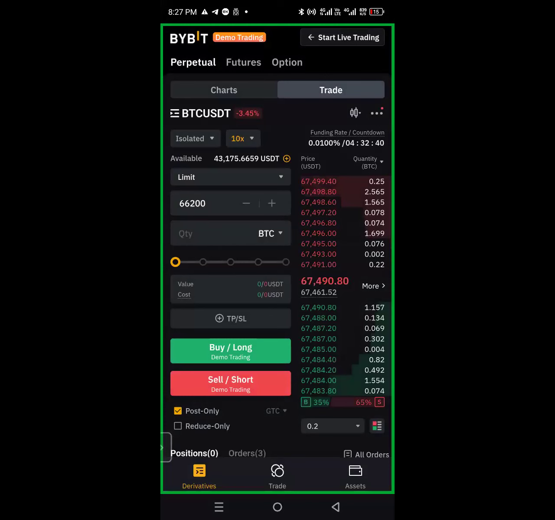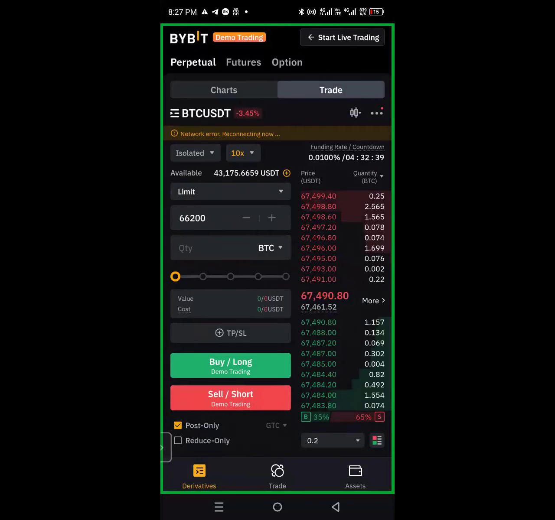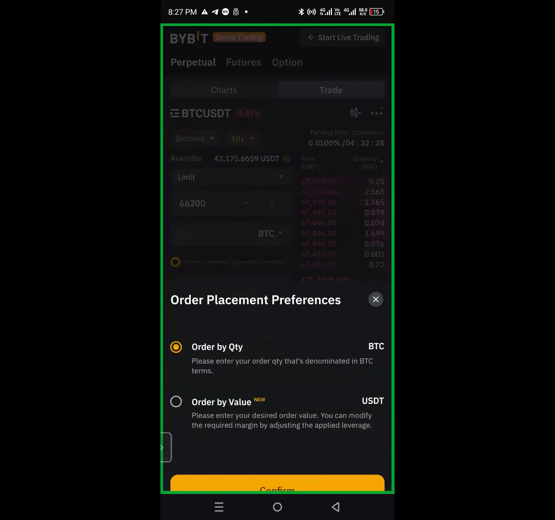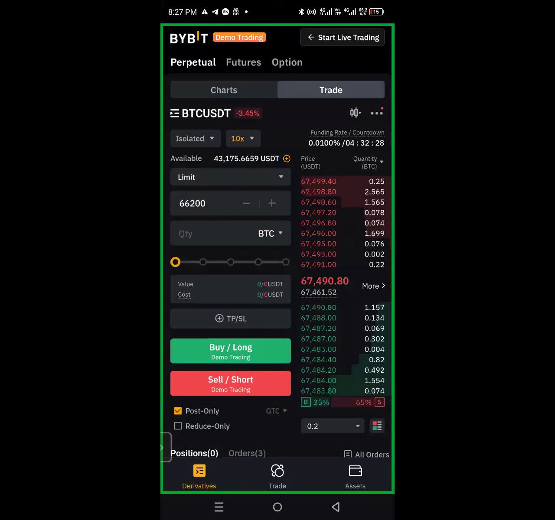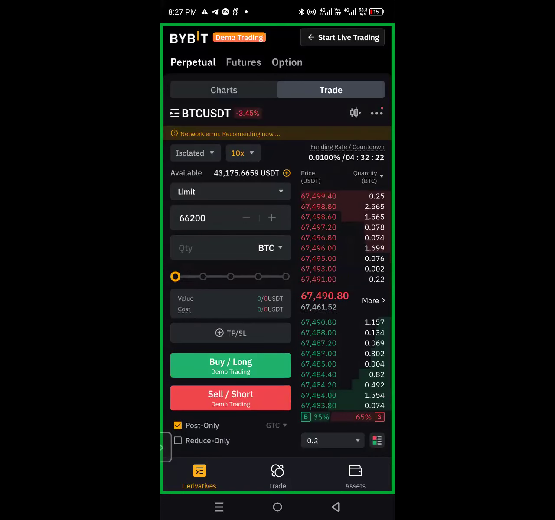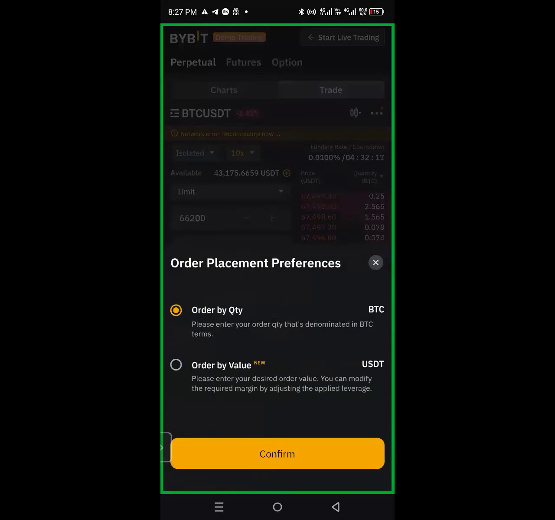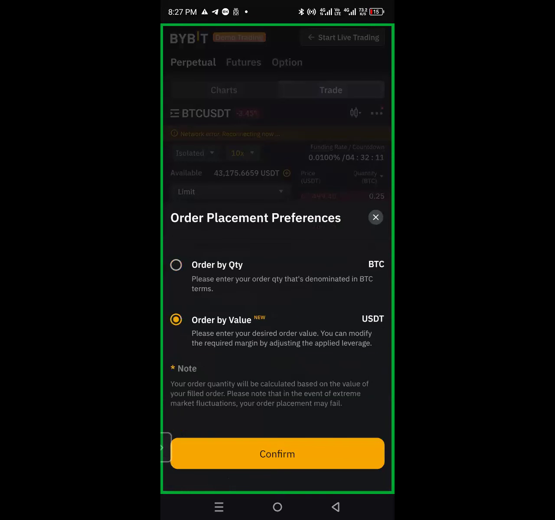How do I do that? I'll be clicking on this part that is showing BTC. Then, like you can see here now, the first option says order by quantity. The other one says order by value. I'll be selecting order by value. Then I'll click on confirm. So please, you all get it to that point now. Okay, if you get it to that point, then